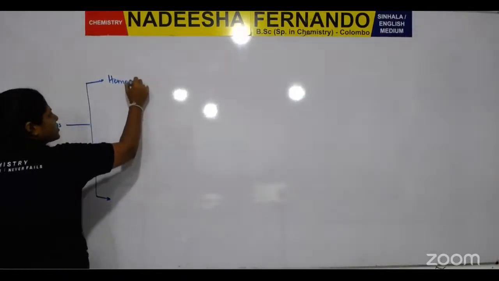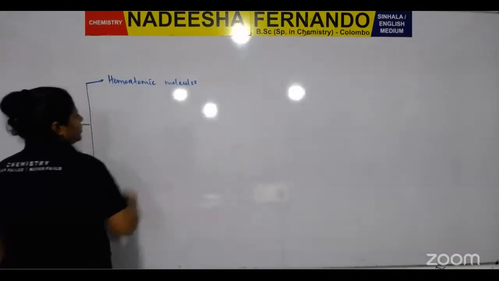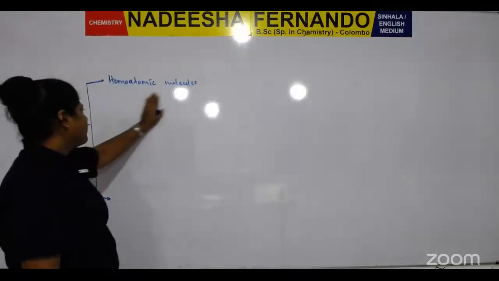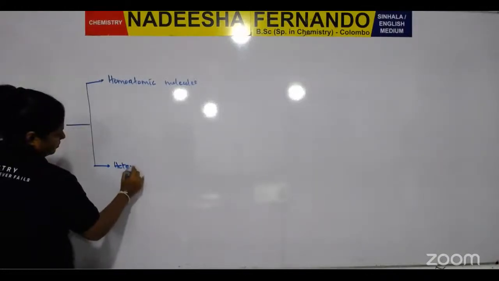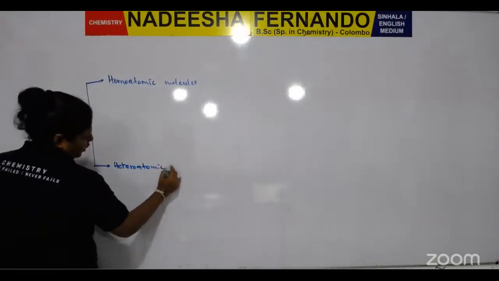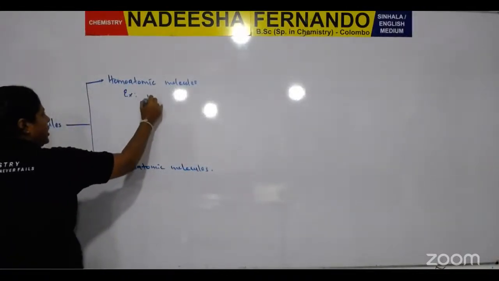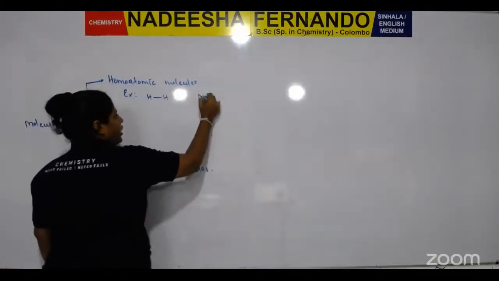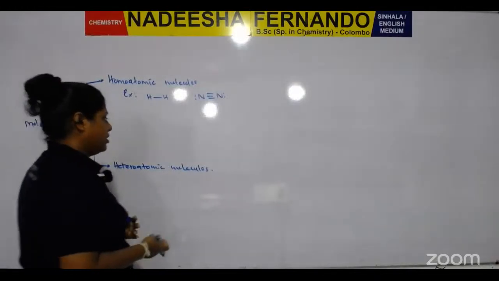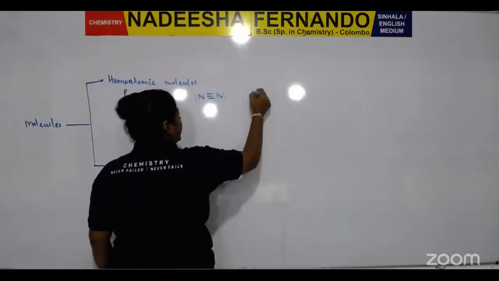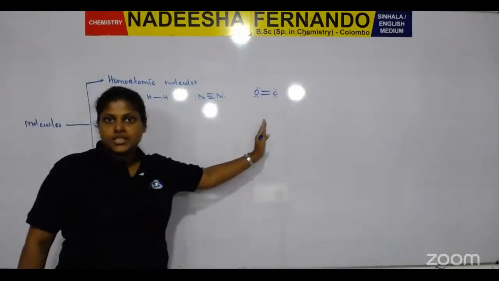Homoatomic molecules and the next one, heteroatomic molecules. For example, we can take H2, N2, O2, homoatomic, same atoms. When we take such molecules, they have no